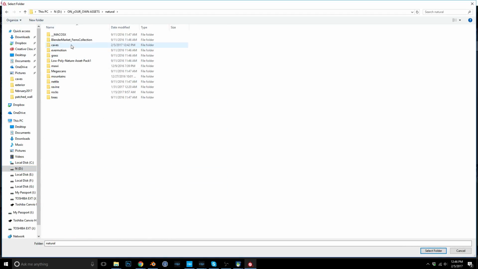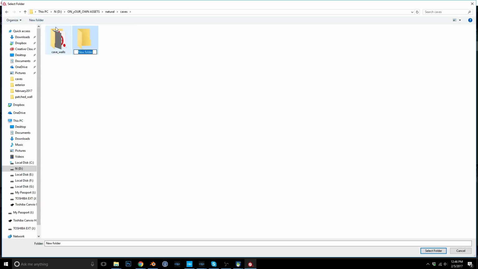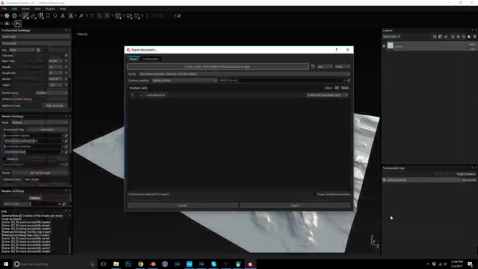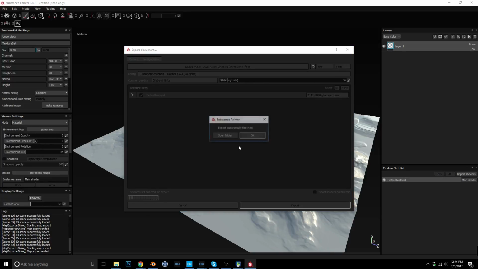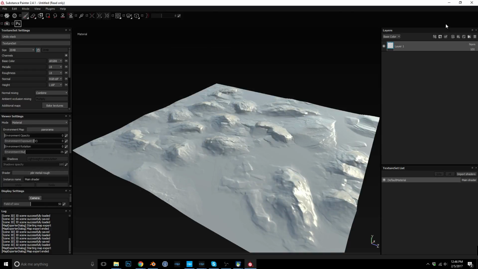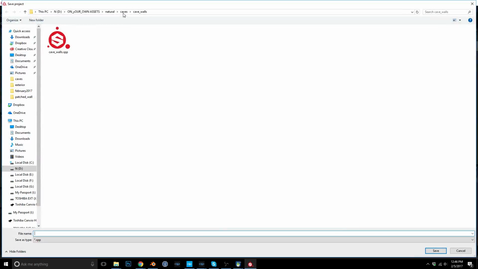And natural caves. This is going to be cave 4. And so select that and export. I'm kind of not really liking the 8 bits, but I guess it's going to have to do for this purposes. Okay. So let's just make sure we save this, so if we need to create it, we don't have to create it one more time. So cave